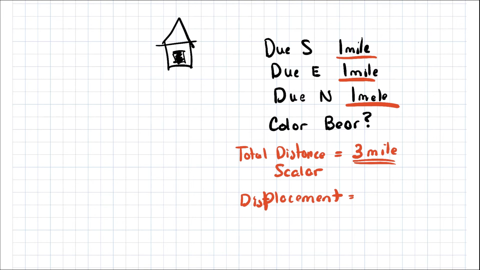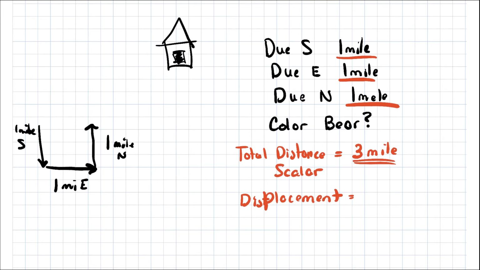Now, before we answer what the displacement is, and before I get to the color of the bear, hopefully you're still thinking about that, let's look at another thing that you might be questioning. You might be saying, wait a minute, Pullman, if I go due south 1 mile, and I go due east 1 mile, and I go due north 1 mile, I can't be back at